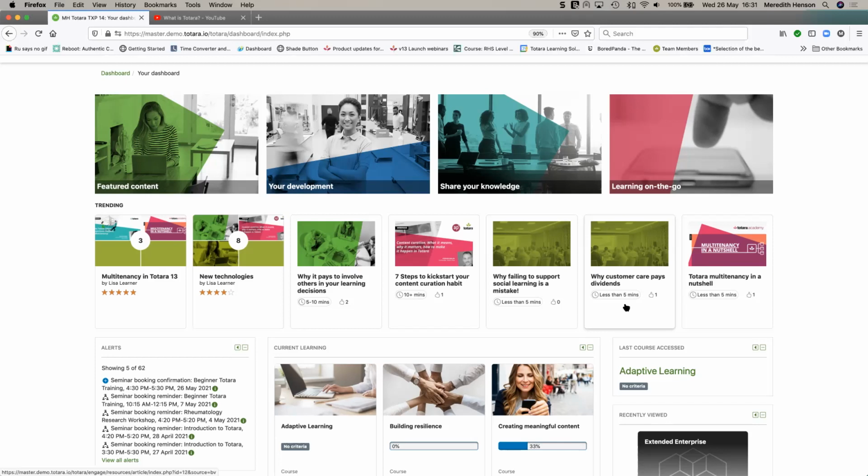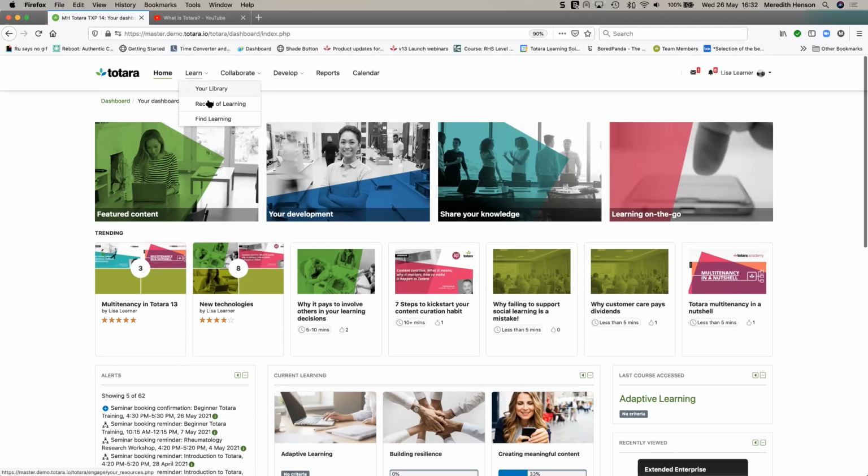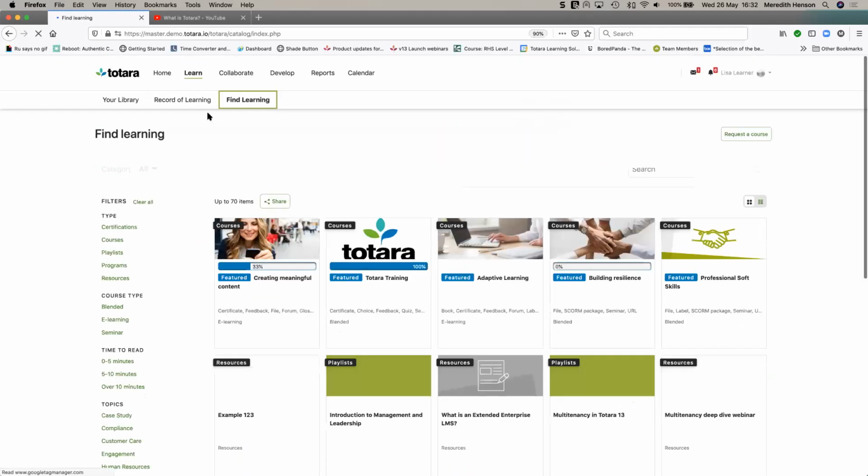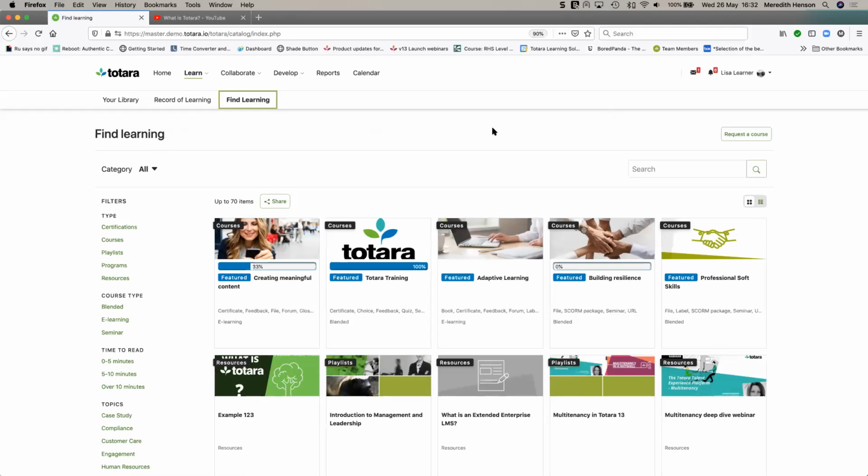The 4th and final type of recommendation for now is around courses. So if you're running Engage and Learn, for example, you can provide recommendations on courses that, in this case, Lisa hasn't yet completed or hasn't yet enrolled in. So providing recommendations of courses and adding this block or this widget to the course catalog page is an excellent way of guiding people, and having it sitting at the top of this page here is an excellent way of guiding people to what they might want to complete next across the course catalog.